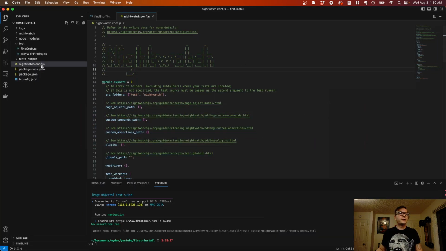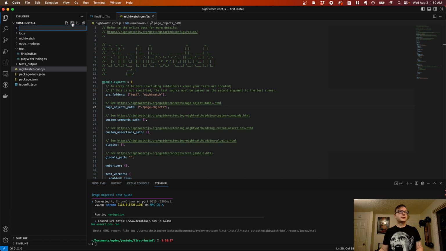So right here I have the nightwatch.conf.js in our project. And if you look in here, there is a page objects path. You're going to have to put a directory in here. So I'm going to put page objects. And we're going to have to create that directory. Nightwatch won't do it for us. So I go over here and just create a folder, name it exactly the same thing, page objects. And inside this page objects is where all our